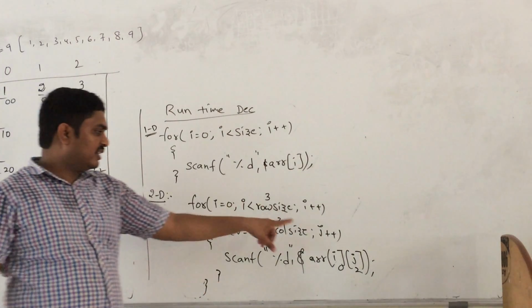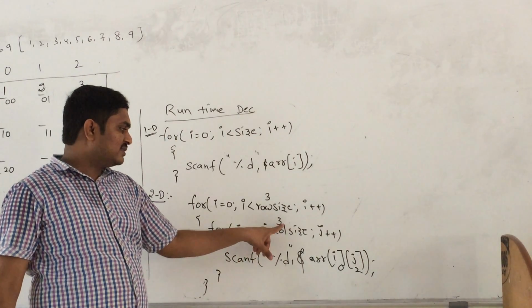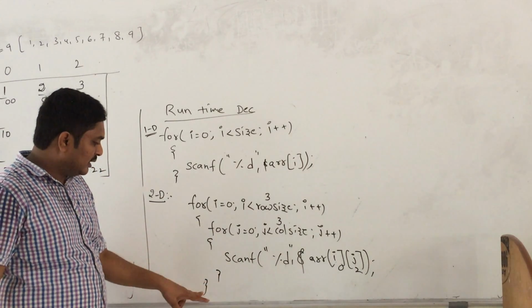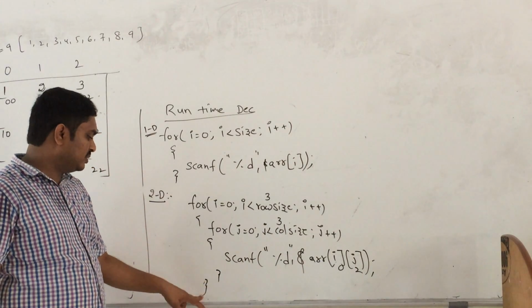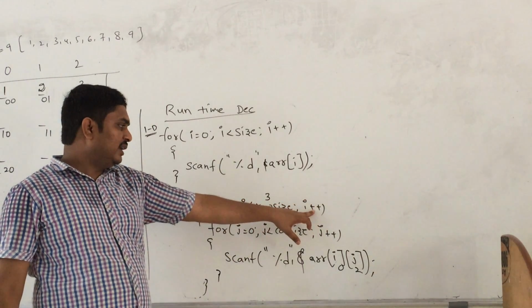After the end of the loop body, the j value will be incremented and the j value will be 3. 3 less than 3, condition false, and that means it terminates the loop. Here there is also the termination of the inner loop. This is the outer for loop, so hence the i value will be incremented.